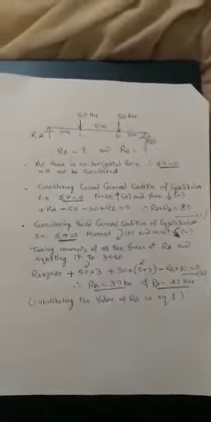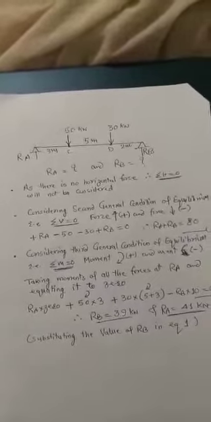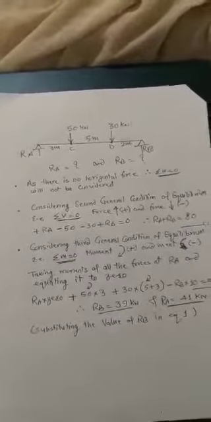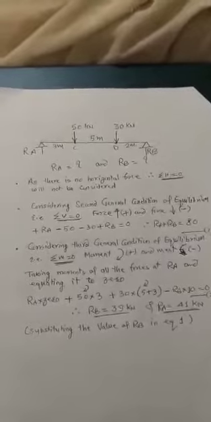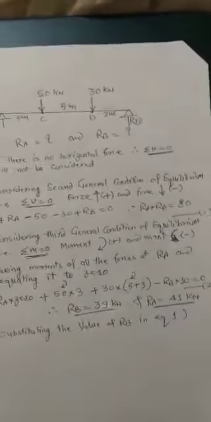Up till now, we have been talking about the conditions of equilibrium, or rather we can say we have just been talking about Lami's theorem. But now, we have not yet dealt with the moment or algebraic conditions of equilibrium. Now here we are giving one problem to you. Here we have to apply the conditions of equilibrium, that is sigma H is equal to 0, sigma V is equal to 0 and sigma M is equal to 0, and then you have to find out the unknown reactions.